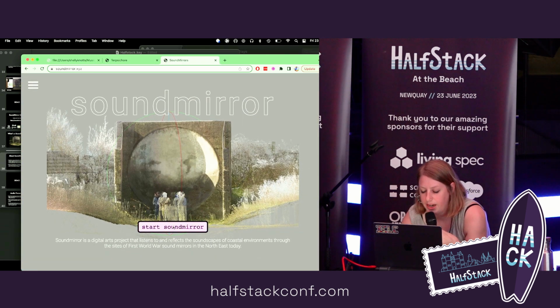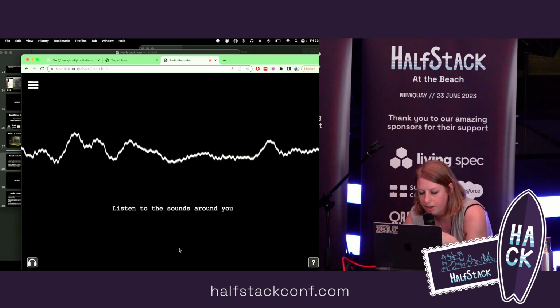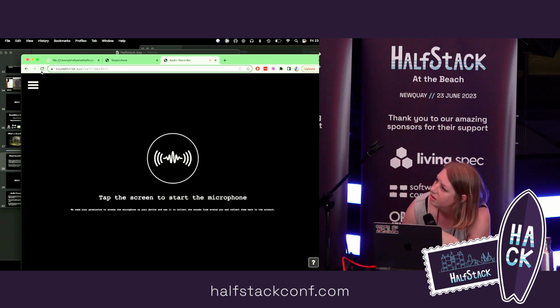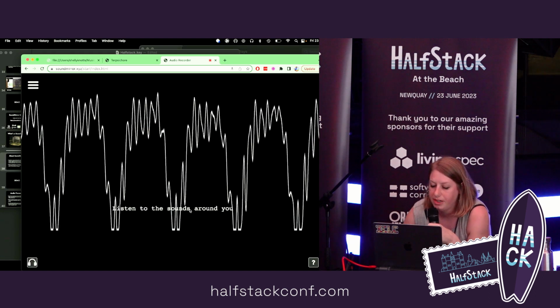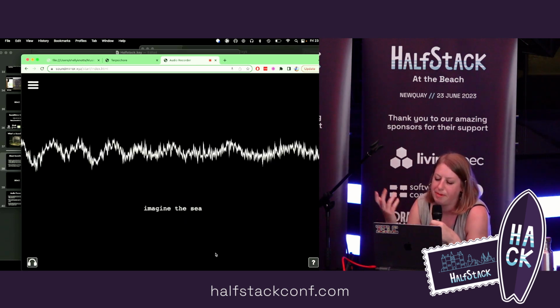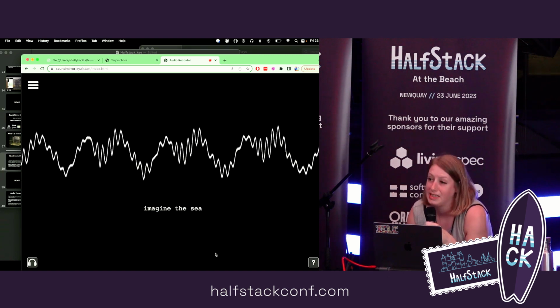So essentially what happens with this is you go to the website and you click the thing, and it tells you to... of course I've forgotten to go back to... I'm still on Mirror. Okay, cool. So you click the thing, it tells you to listen to the sounds around you. It's basically built for mobile, not for the web, so it makes more sense if you're standing outside somewhere.